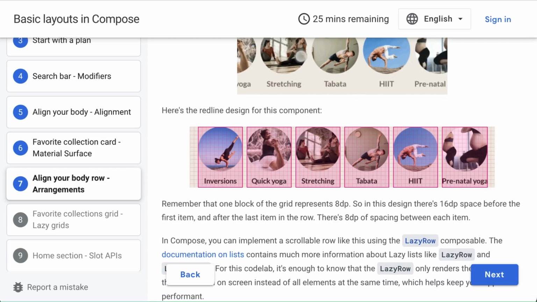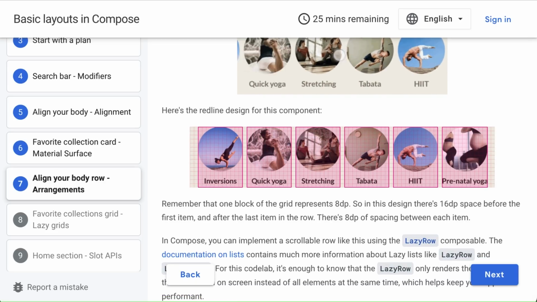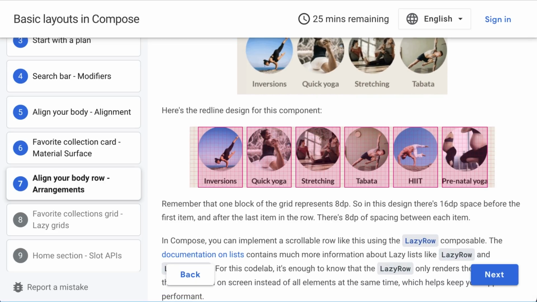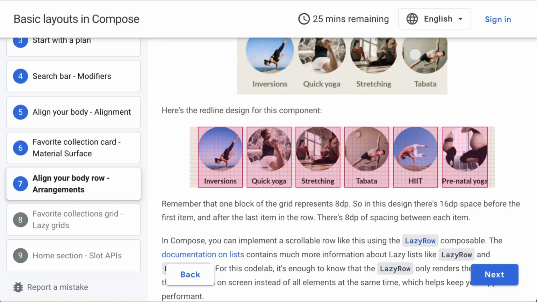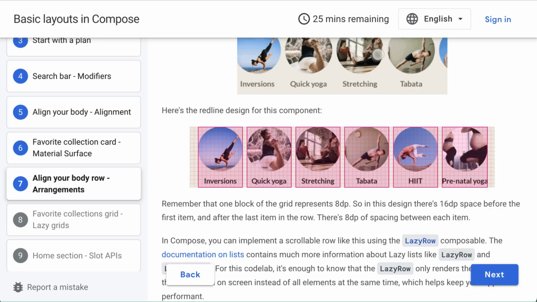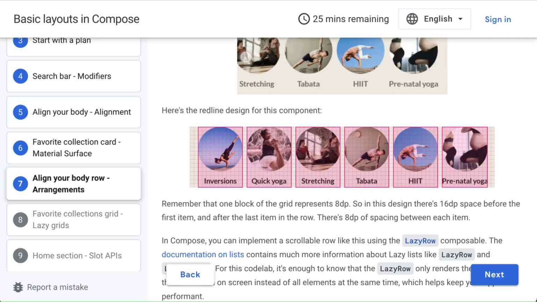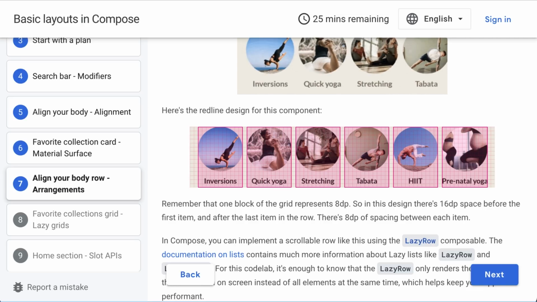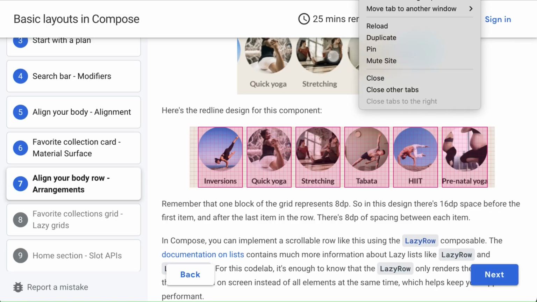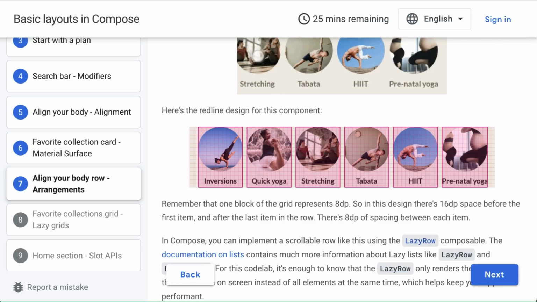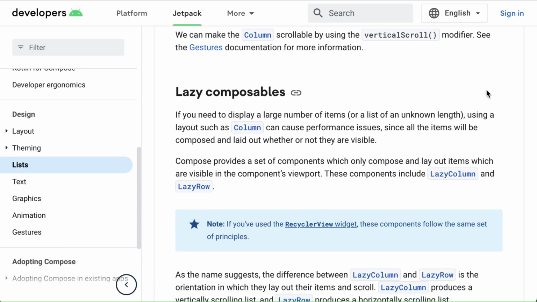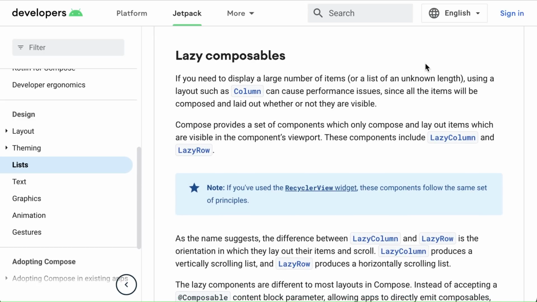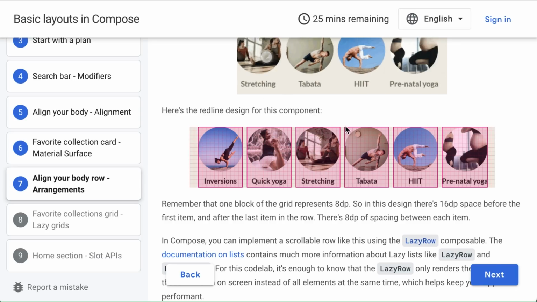Yeah, exactly. Because we need a scrollable row to display a few items, and in a production environment, chances are that we'll have a lot of items to load up and display. So for this purpose, Compose offers lazy composables, such as lazy row and lazy column. And these layouts actually render only the elements that are shown on the screen instead of all elements at the same time. And this actually helps us keep our app performant. There's a lot more to do with lazy, so take a look at the full documentation if you're interested. How can we implement this, Yolanda?